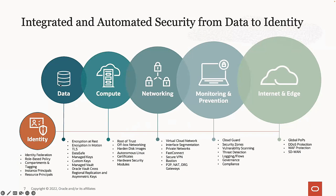different areas in terms of data, compute, networking, all of these that you see here. So again, we'll focus on these throughout the presentation, but you could just see some of the different services that you can leverage at each portion here. So encryption at rest, encryption in motion, those are going to be there for a lot of the different services. You'll have the ability to take advantage of the Vault service for managing your keys, or Data Safe on your